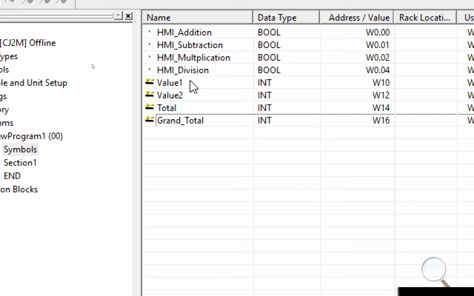So in this project we're going to set up a simple HMI as we did in the lab, and we're going to take two values, value 1 and value 2, and we're either going to take them away from each other, add them to each other, multiply them, or divide them. We're also going to have a grand total, and the grand total will change depending on which of these four